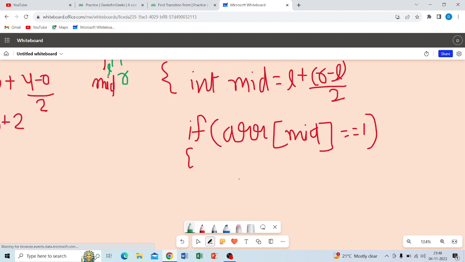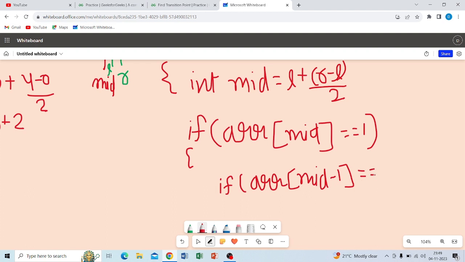That is, if array of mid minus 1 is equal to 1, and